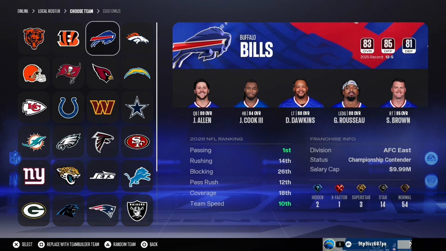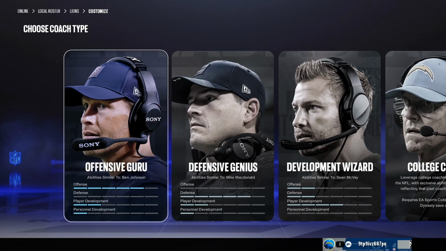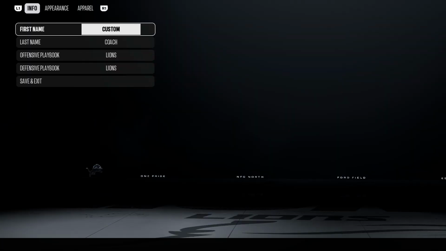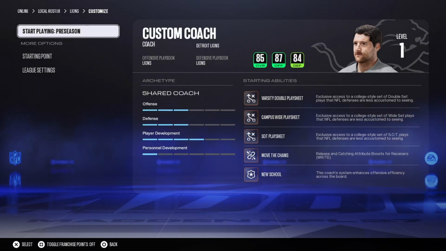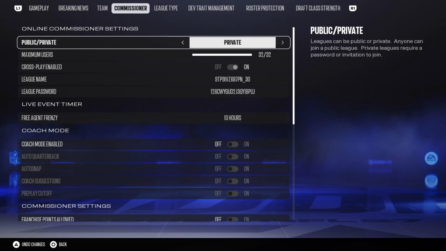Now once that's done, you need to choose the team. I'll select this one, Lions, and select the coach type. It doesn't really matter to me, so I'll simply select any coach type and simply save and exit this, for instance. After that, we need to go to league settings, and here if you go to commissioner tab, you will